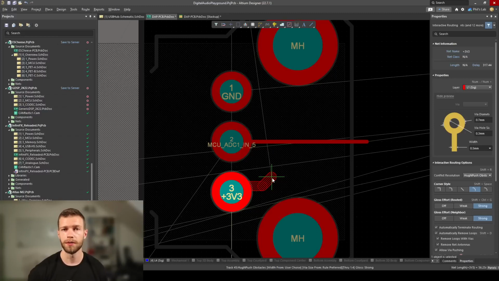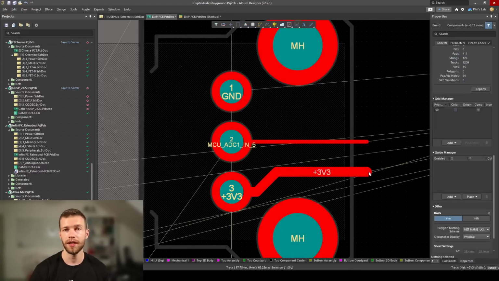Typically, power traces will carry more current than a signal trace. And then again, this depends on the example. Sometimes you might even want to use whole planes to carry power. In this case, this is simply to feed some sort of external circuitry, maybe a couple milliamps. With a trace width of 0.5 millimeters, for example, as I'm routing out here, you can actually carry quite a